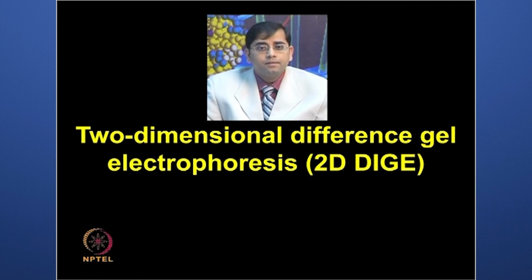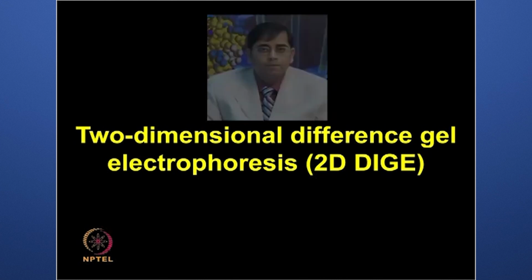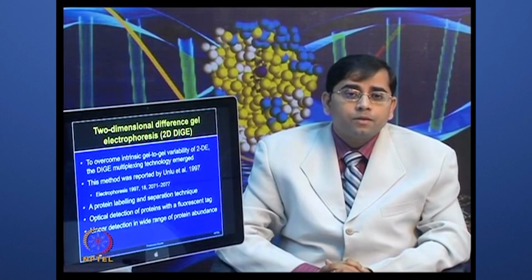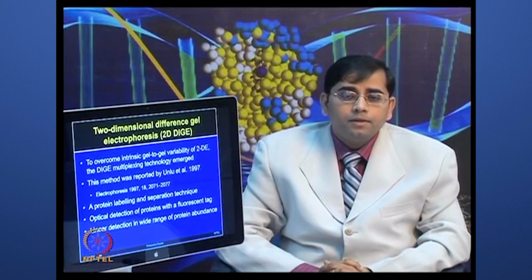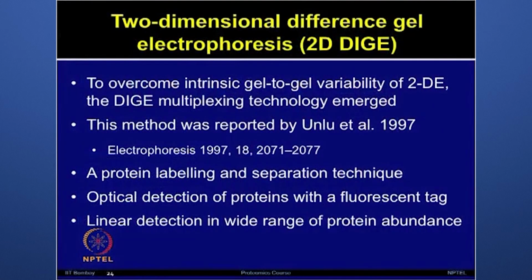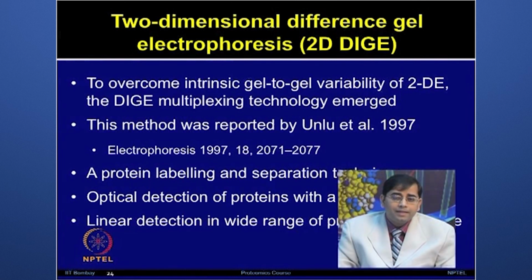To overcome those limitations, a new approach, an advanced electrophoresis method, two-dimensional difference gel electrophoresis or 2D DIGE, has emerged. The 2D DIGE method was basically aimed to overcome the gel to gel variability observed in two-dimensional electrophoresis, and it allowed multiplexing of samples. This method was first reported by Unlu et al. in 1997, and it finally became very user friendly, and now thousands of laboratories worldwide are using this technology